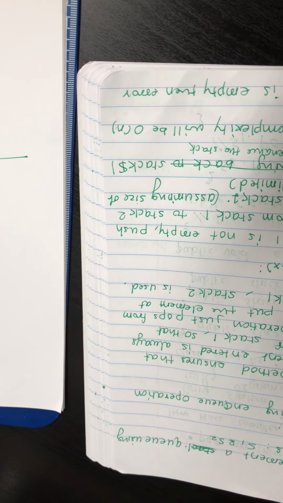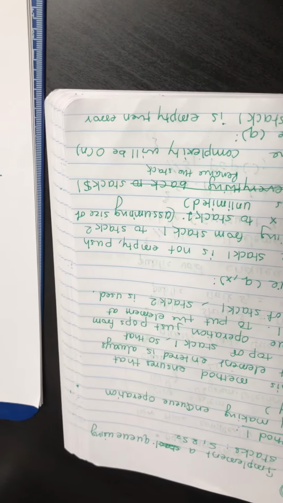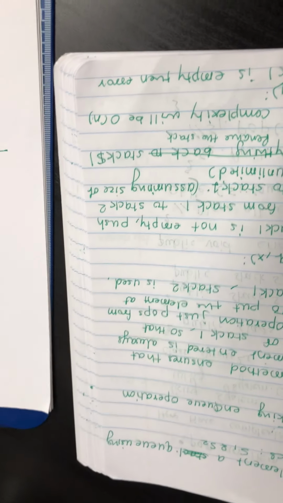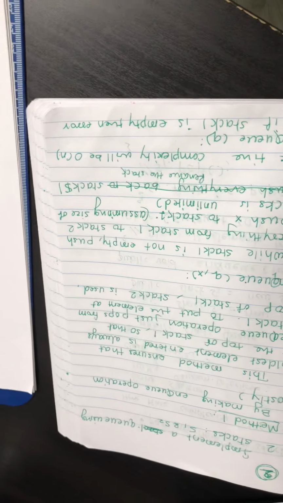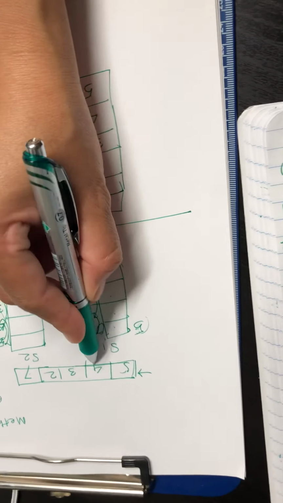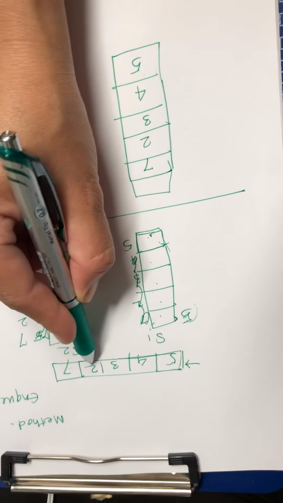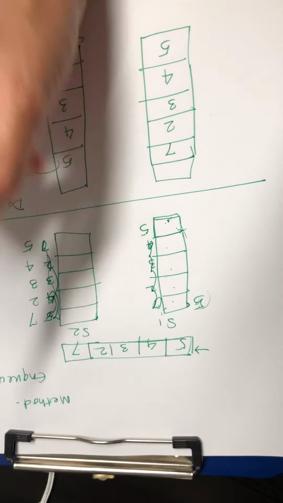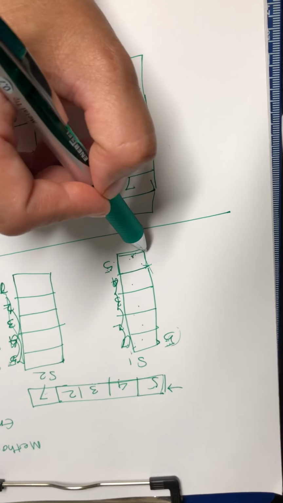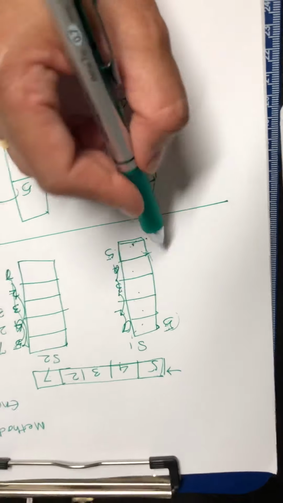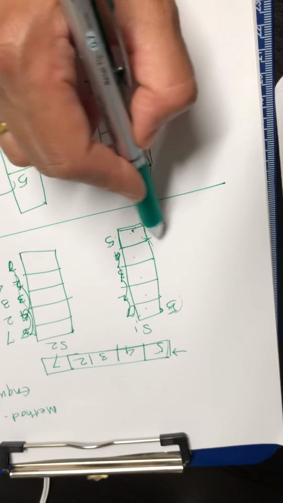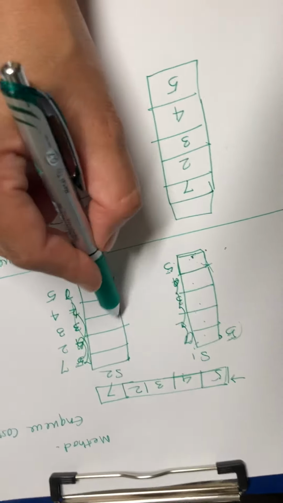that whenever you want to pop out an element from the stack, you remove the first element entered in the stack. That means 5 is entered first, 4 is entered next, 3 is entered next, then 2, and 7. So whenever you are entering a new element x in the queue, that is, whenever you are doing NQ, first you will pop all the elements, if the stack S2 is empty,